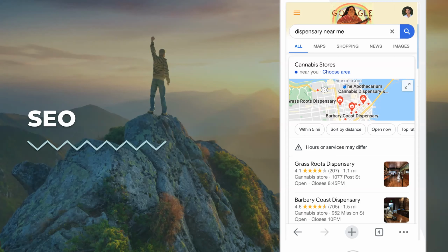SEO stands for search engine optimization, which is the practice of increasing the quality and quantity of traffic to your website through organic search engine results. Now, organic search traffic is unpaid traffic that comes from Google. Search engine optimization shows that your page is relevant for particular keywords. In our business, that may be San Diego Dispensary, Detroit Provisioning Center, or Santa Rosa Marijuana Delivery. Now, optimizing your site around these keywords makes it more likely that people who are looking for your services will